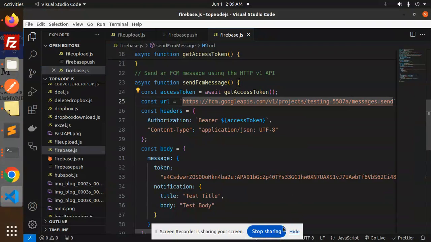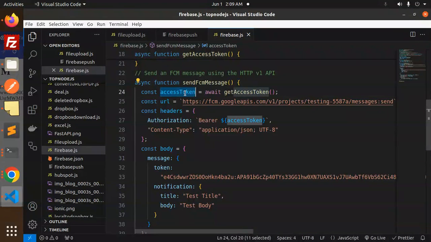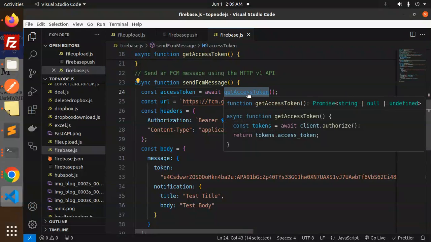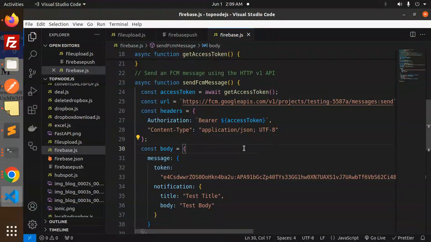So if I go to the code level, here you can see that I'm able to get the SS token. So this is the SS token API which tries to get the SS token. And if you know how to get this SS token and send the push notification with the help of this,